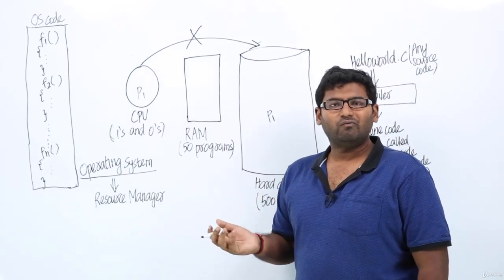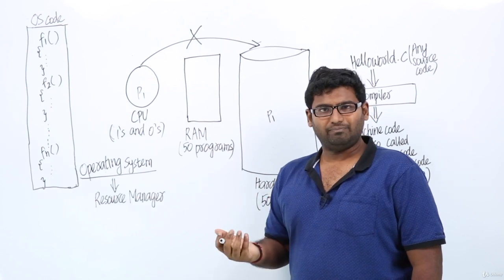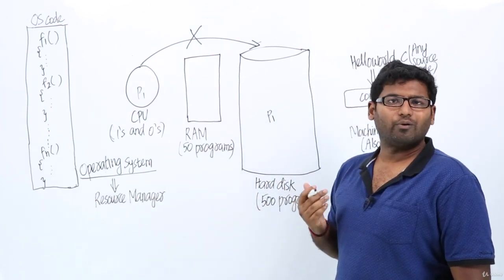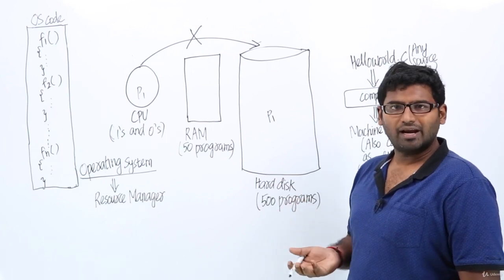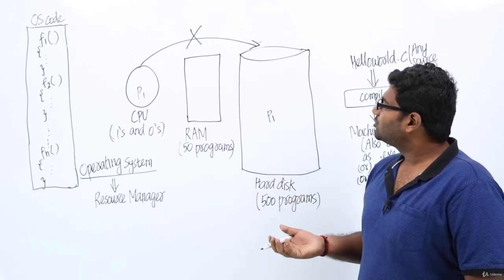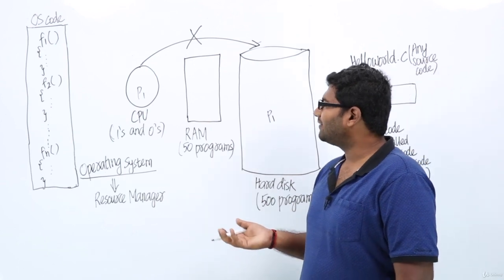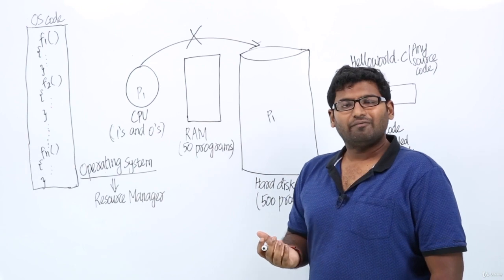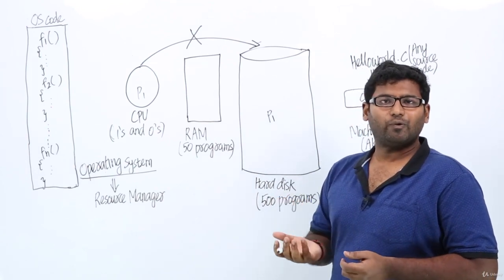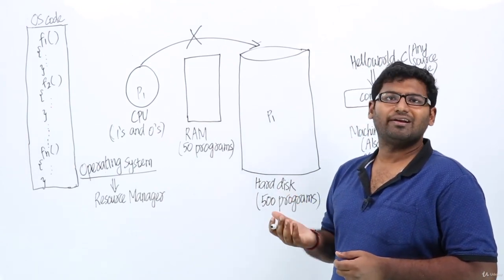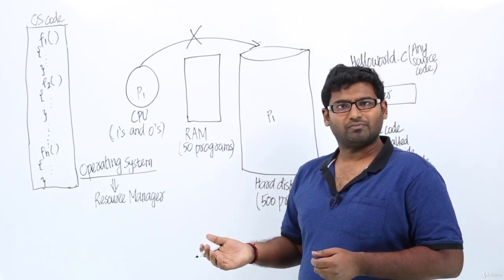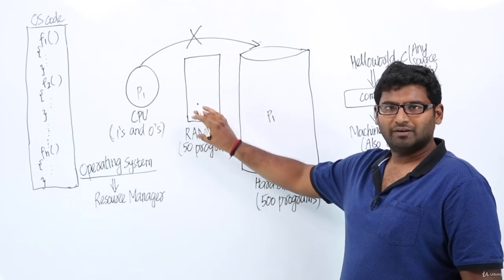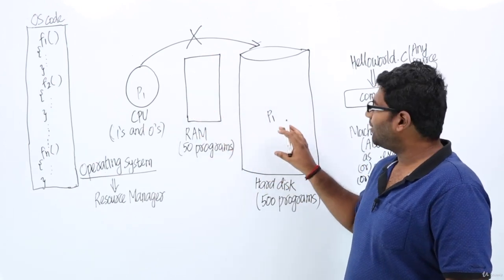The problem is we cannot tell the future exactly. Our CPU can ask for any program. We don't know which 50 programs the CPU will refer to next. So there is no other way other than going for prediction, which means we try to predict which 50 programs the CPU is most likely to refer to in the near future. Only those 50 programs we need to move from hard disk to RAM.